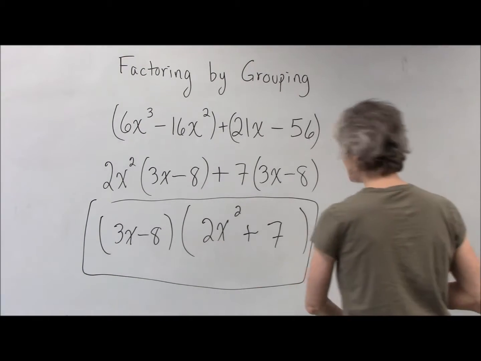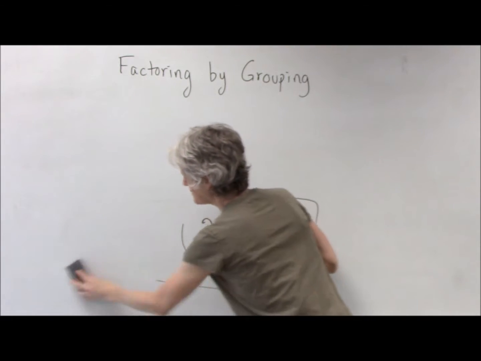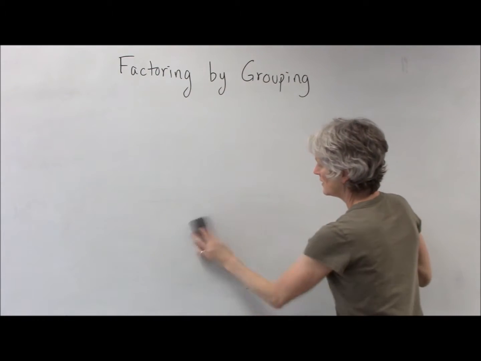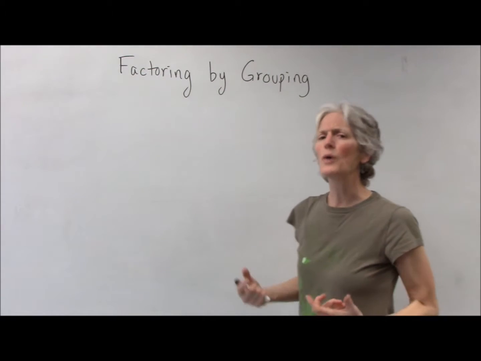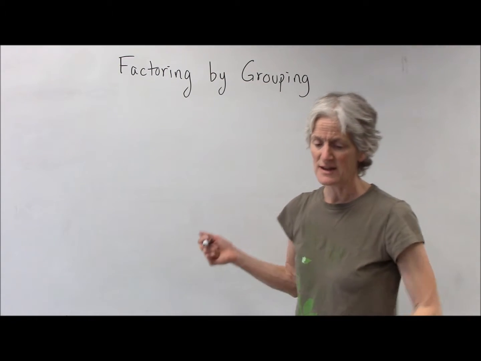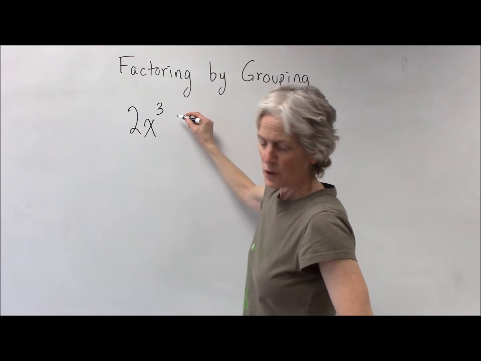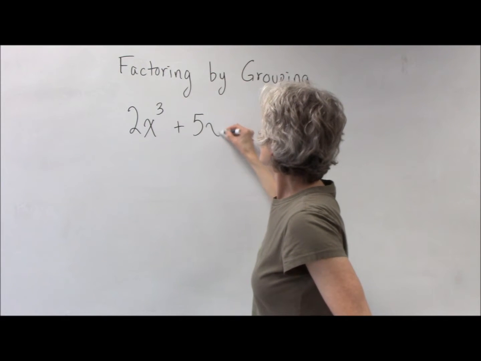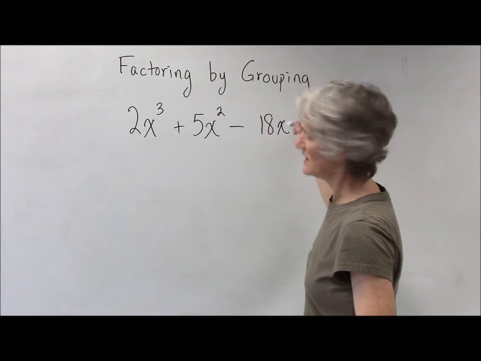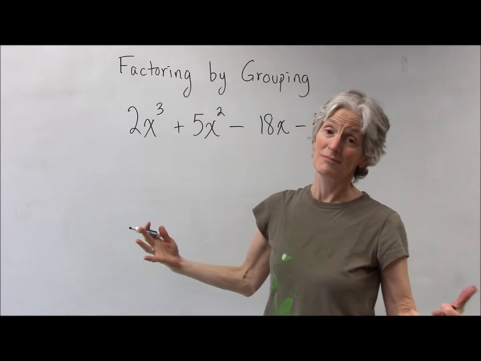Let's try one more. And again, this won't always work, and sometimes you have to rearrange, you have to change the order so that the grouping works, and sometimes factoring by grouping doesn't work, so you have to use another strategy. Let's try this one right here. 2x cubed plus 5x squared minus 18x minus 45. I had to write this one down because